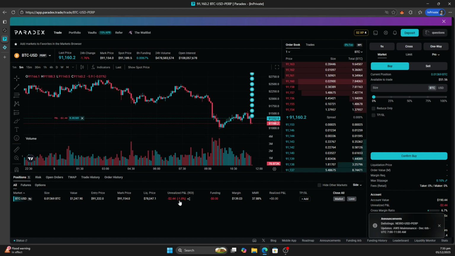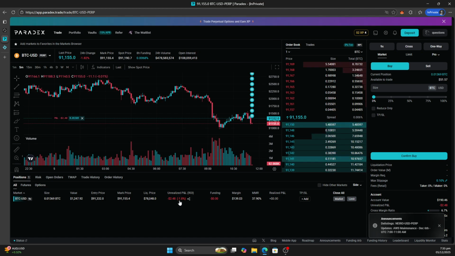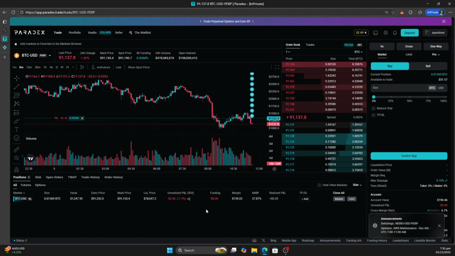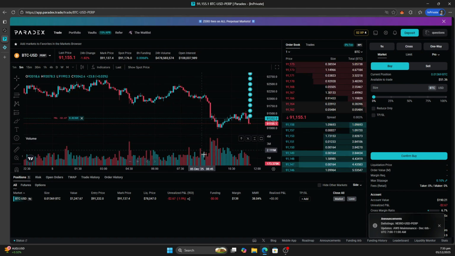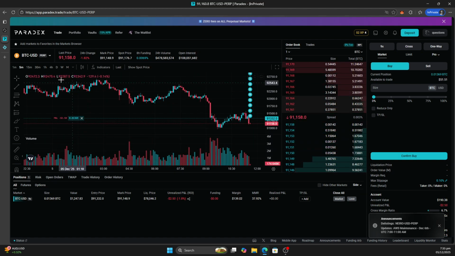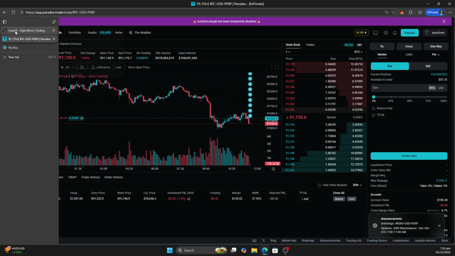I would end up closing this, by the way. I've learned from this. Many times I leave it open trying to recuperate $2 and I'll end up with a 2K loss. But for this one, I'll just leave it open because I'm expecting it to recover anyway. So, let's go with